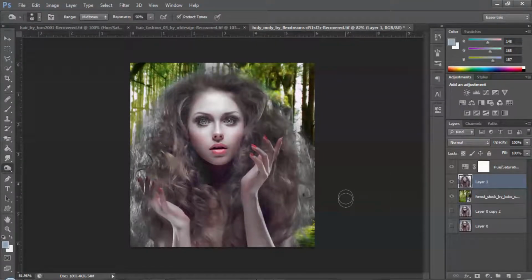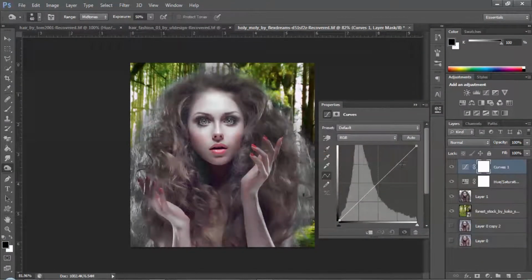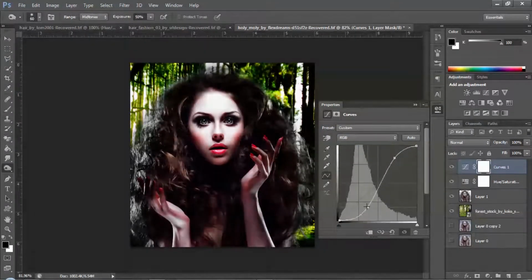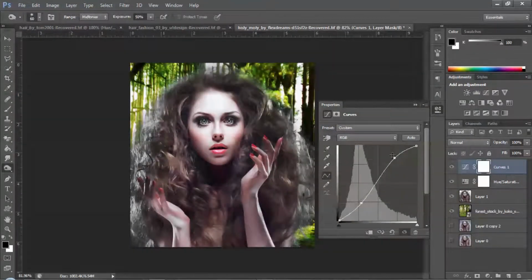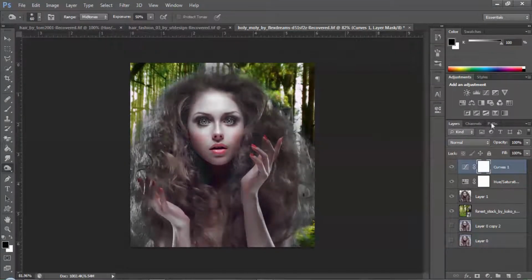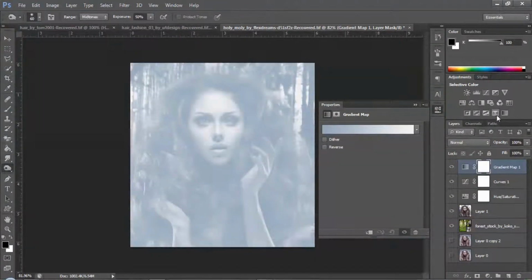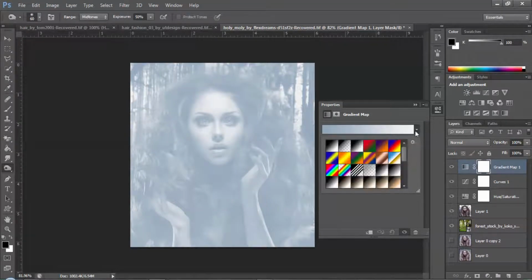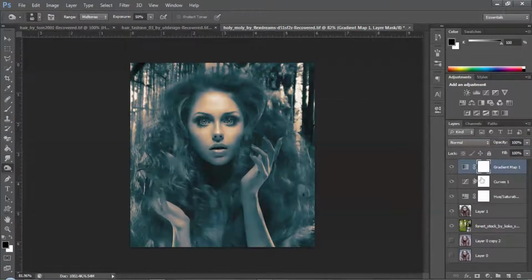We did what we want exactly, and you can cover up with some other adjustment like curves, such as a curves adjustment, bringing it down, not all the way, a little bit like that. And you can play with some other things, like adjusting a gradient map. A gradient map works well for covering up.